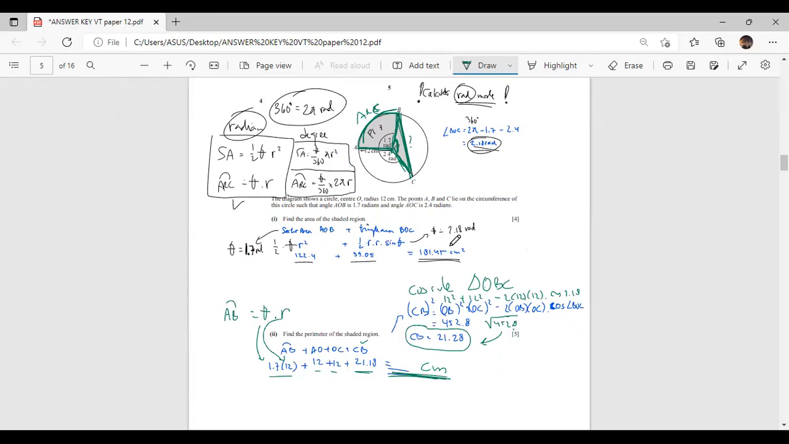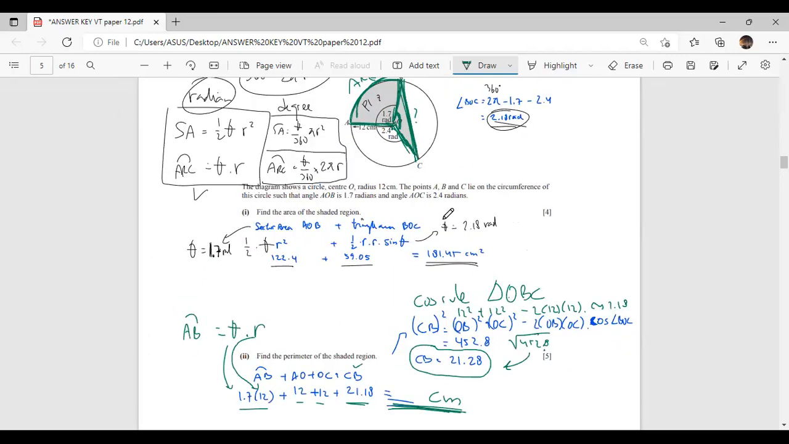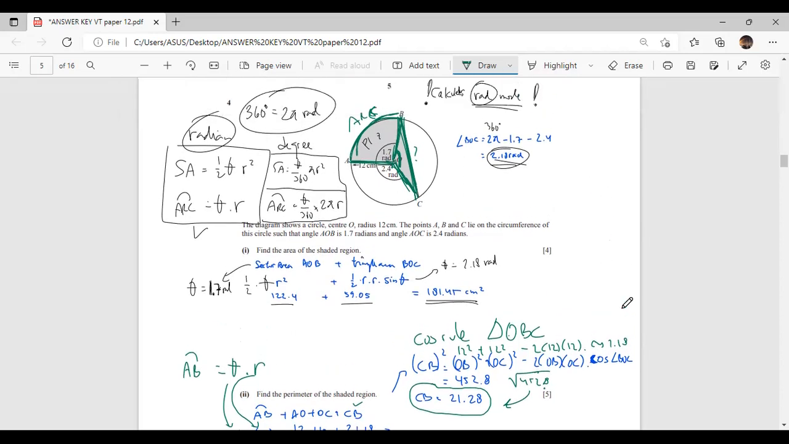Also, for triangle OBC, we use the cosine rule because we are finding BC, and we have two adjacent sides with one angle in between them. Right? So you use the cosine rule. You cannot use the sine rule. Why? Because we don't have